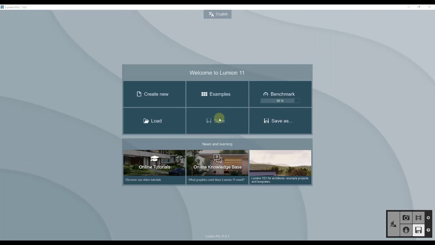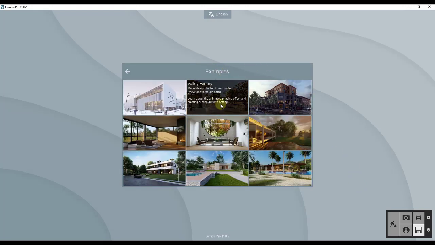Alright, so note that this got added in Lumion 11, so if you have a version older than that, you're not going to be able to access this feature. But what I want to do is go into my example models, and there's a model that's set up in here for the animated phasing effect, and we can talk through some of the basics, and then we can bring in a simple model from SketchUp where I can show you how you would set everything up in order to create that animation.